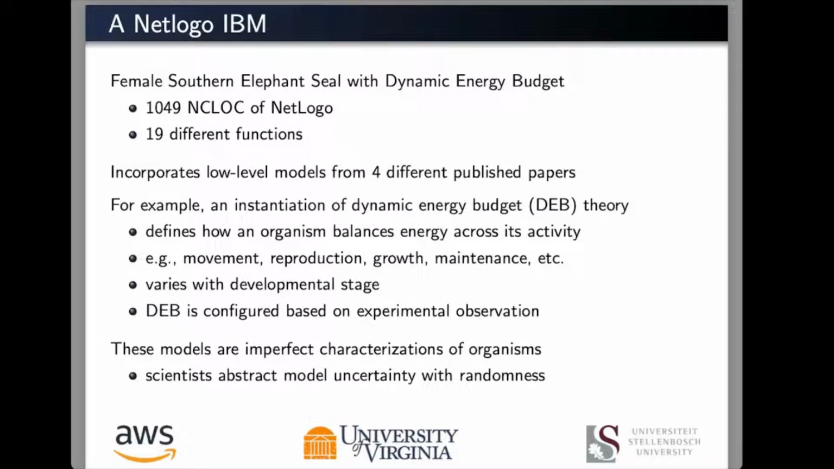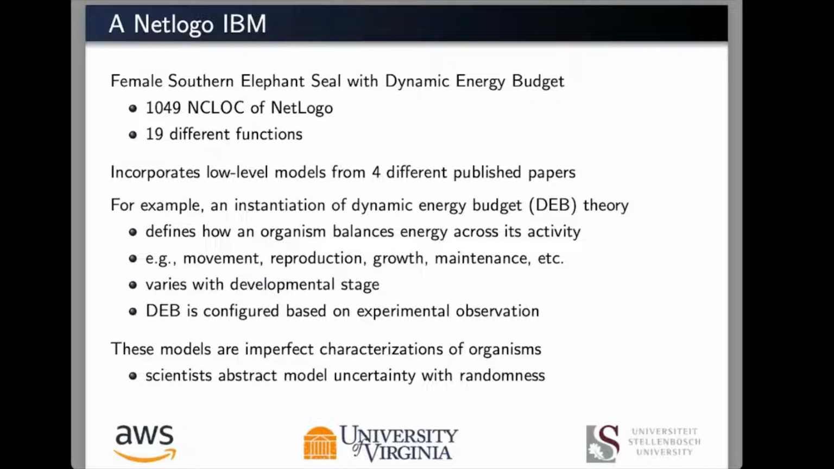So here's a particular model of female southern elephant seals that includes what's called a dynamic energy budget model. And it's a little over 1,000 non-comment lines of code in an agent-based modeling language called NetLogo. It consists of about 19 different functions. It incorporates low-level models from at least 4 different published papers, and one of those is this dynamic energy budget theory. And what goes on there is that there's a sort of an energy balance equation that's